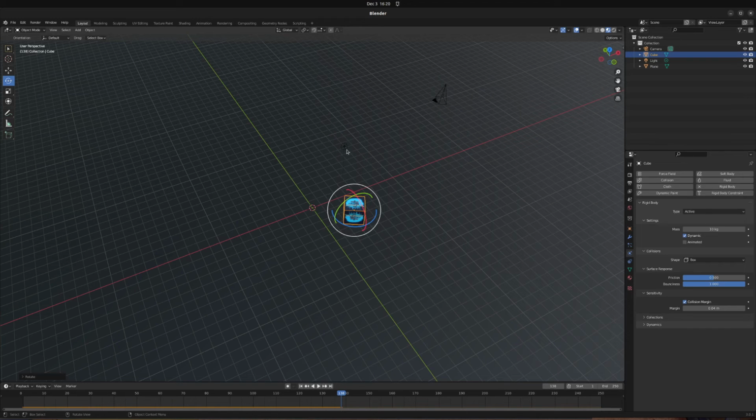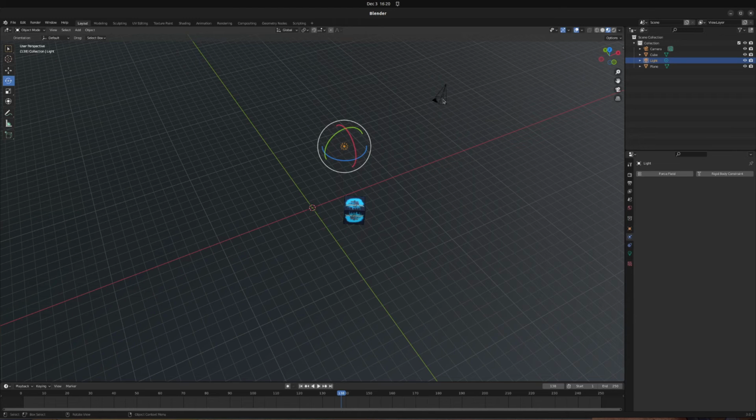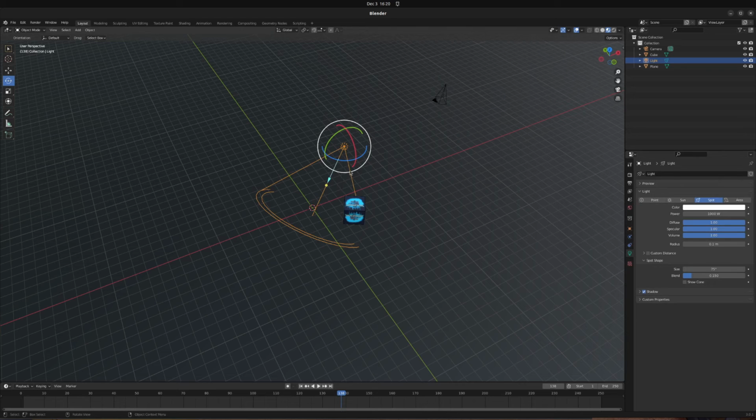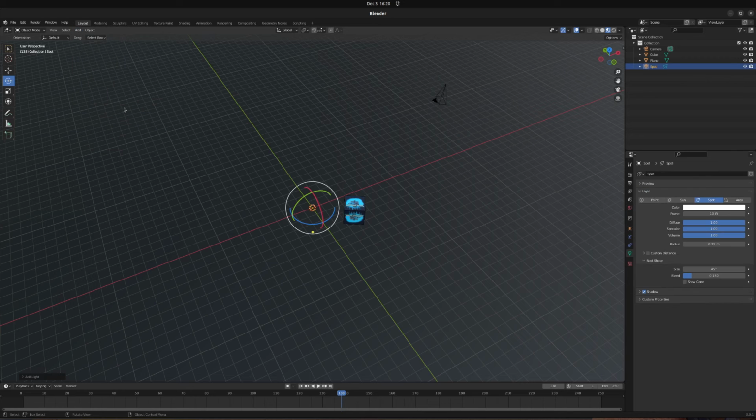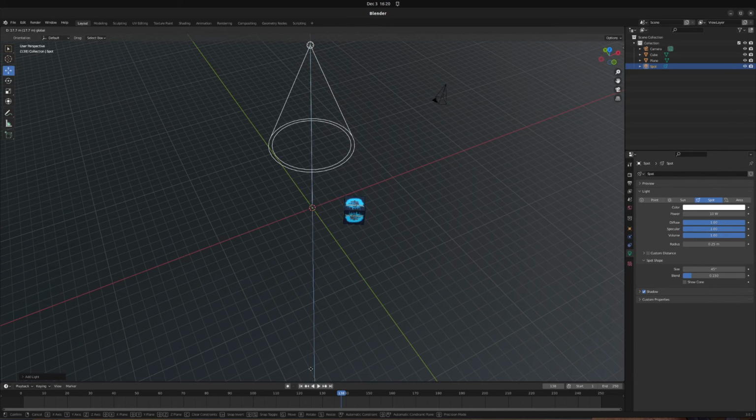And then also another thing. What I did is I basically copied the keyframes from the camera and pasted them into the keyframes. I'm actually gonna go into the light and change this to a spotlight. Oh, interesting. Actually, I'm gonna delete that. Add light, spot. So since we want a straight down one, just create another spotlight,